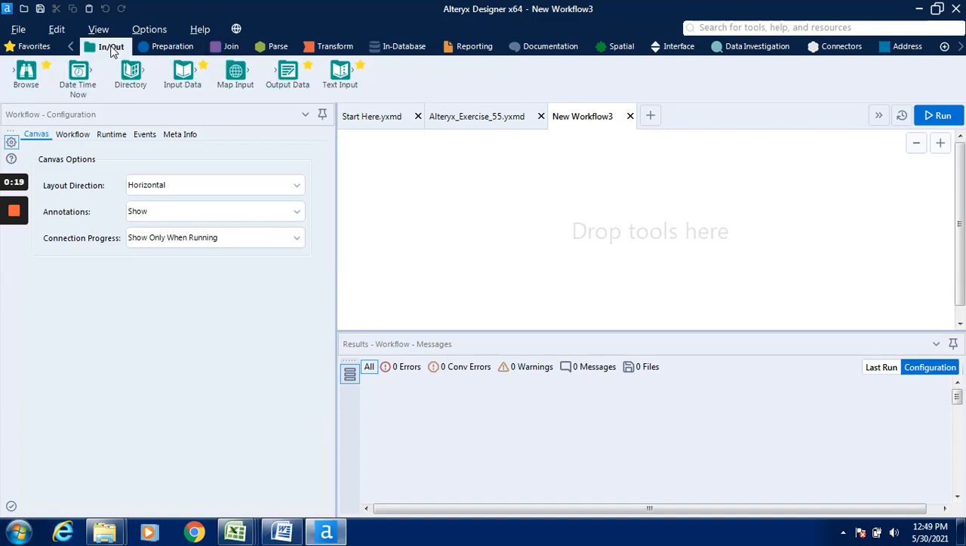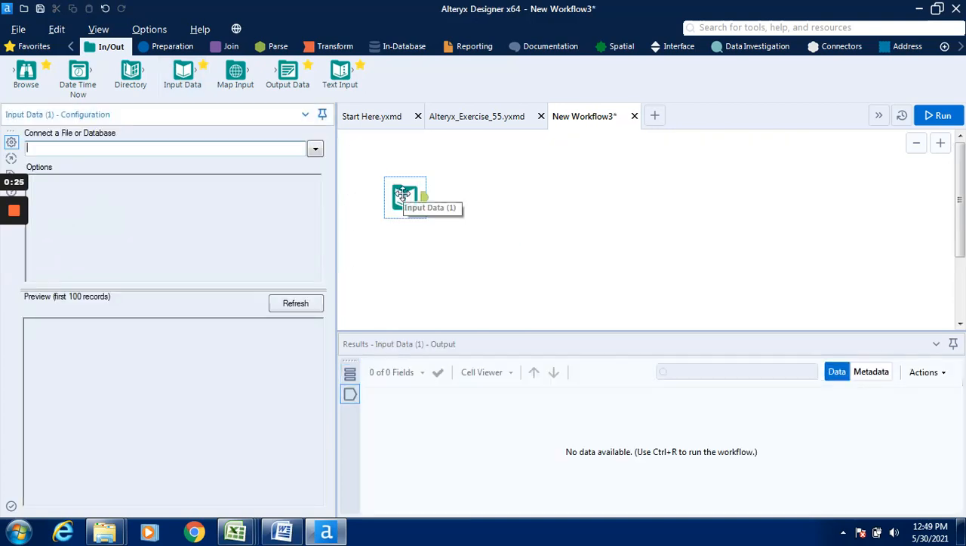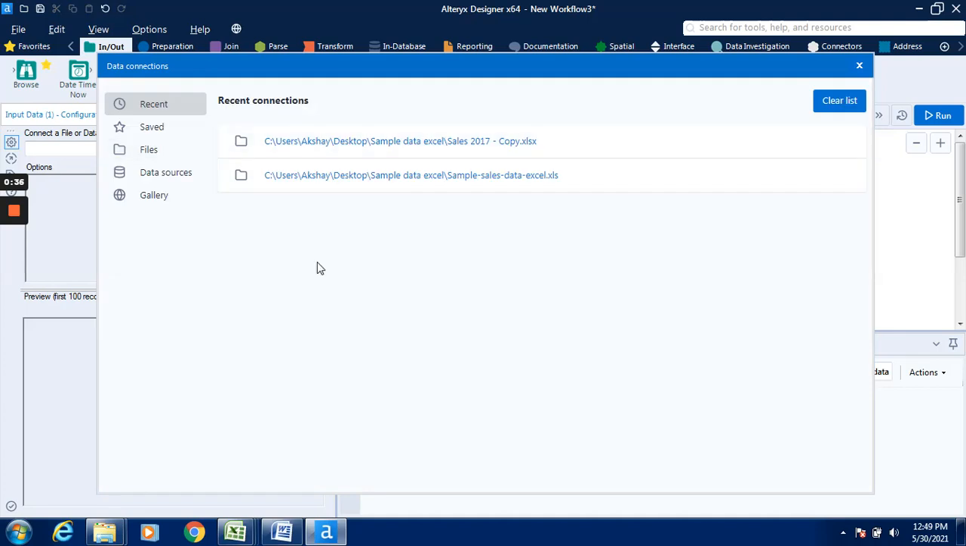For this purpose we have to load the data with the help of the Input Data tool. I'll bring this Input Data tool and connect it with the file. After clicking on that button or drop down, it will redirect us to the data connection window. Now I'll click on this particular path,